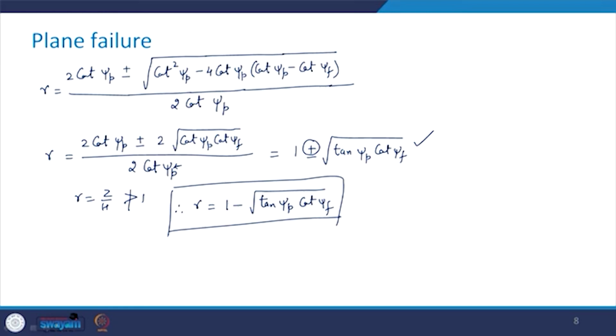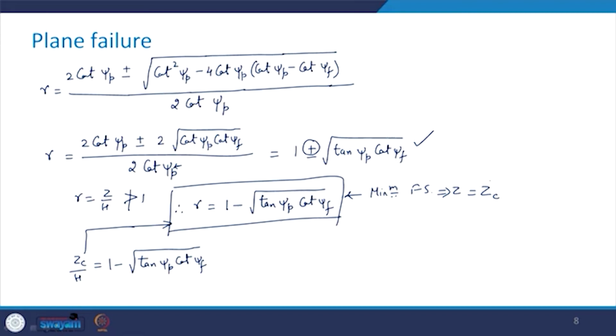Now, since this value is going to give me the minimum factor of safety, z would be equal to z critical. So, I am going to write here the same expression as zc upon h will be 1 minus square root of tan ψp cot ψf,